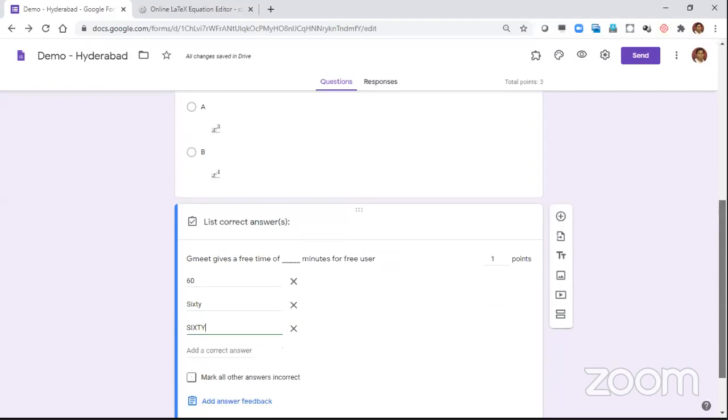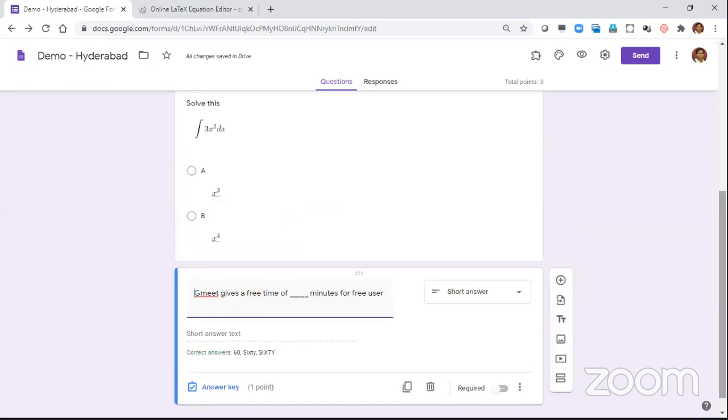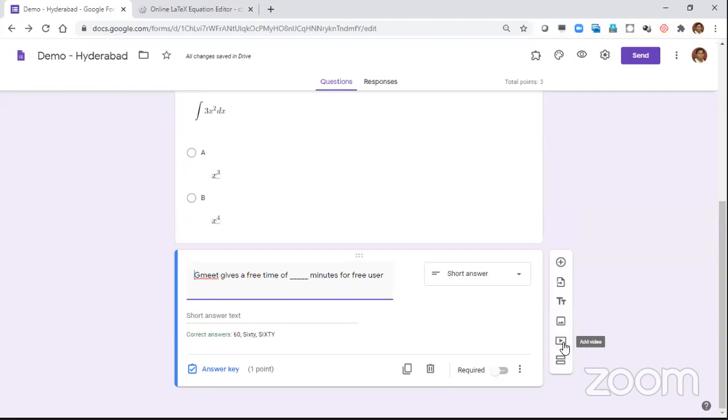what the students would attempt, right? Later the student should not come and tell, sir, I put 60, but I put capitals, I put smalls and all of that. So it's okay. So all these three, if he puts that's the right, he should not put 60 minutes once again, because already the question is blank minutes. So that's okay. So click on mark all other answers incorrect, and that's it. If you want, you can add a video also. Just add a small video, let them go through it, and let them answer something, give the options. You could do that. So let me stop here.